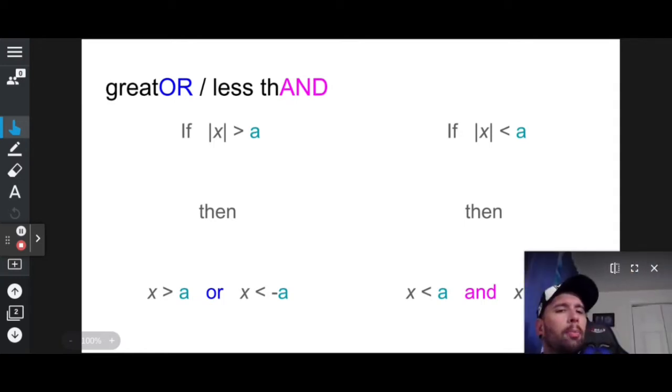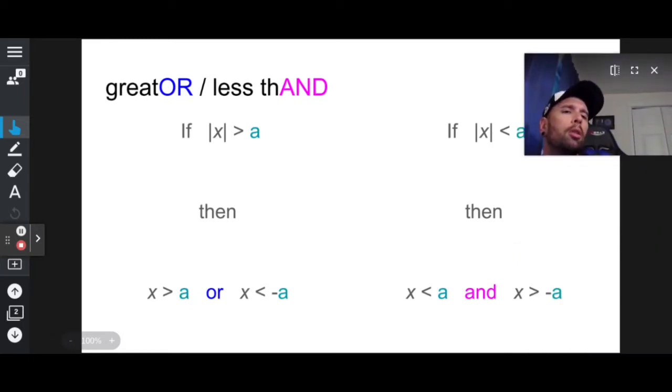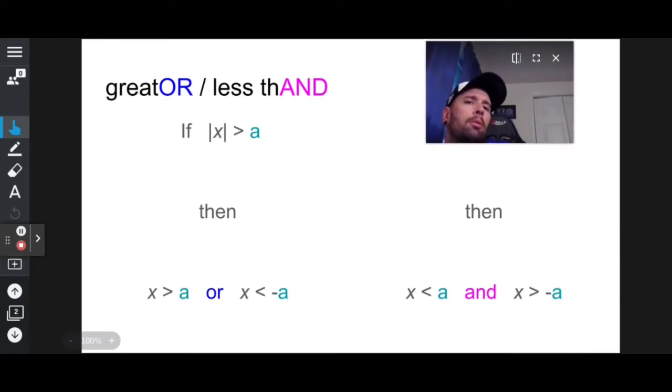How do we screw this up? Come on, I just want to make you smaller. There